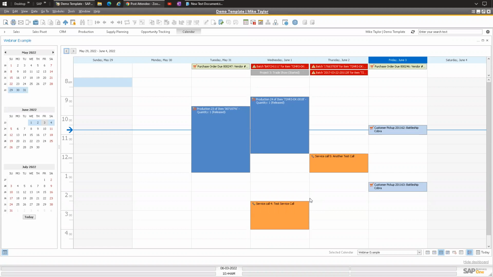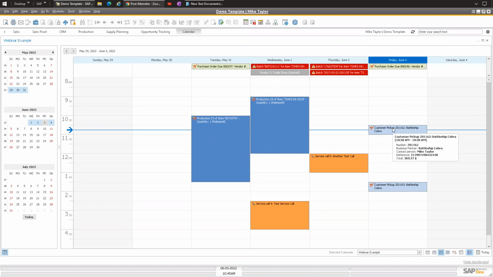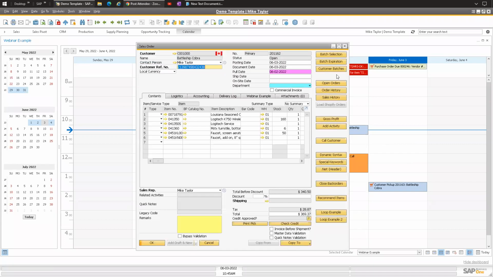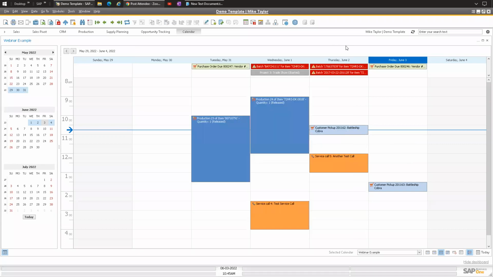Mike, there's also another thing too, like when you're looking in the purchase orders, if you go in through the calendar and modify something, it's going to be modified in SAP as well. Yeah, I had mentioned that if you move this around, it will actually update the due dates. Say you're a customer service rep and the customer calls and says, could I pick it up on Thursday at 10:30? You could just drag it there, and then in the actual document you will see that it has been moved there. So it is something that works well for that.